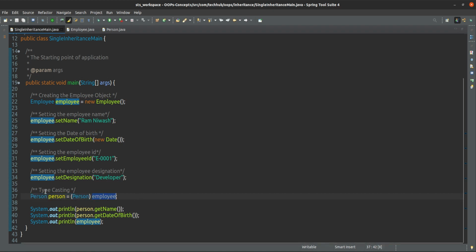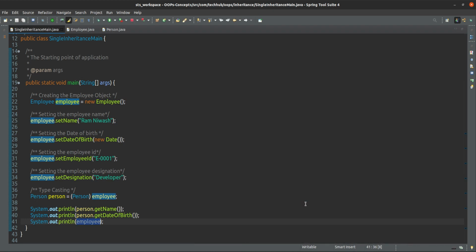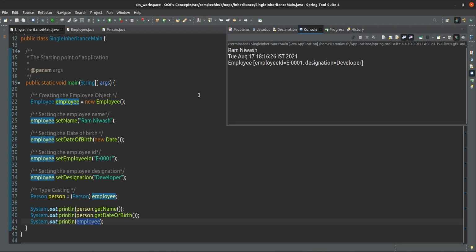From the employee we are just taking person only. From the person we are getting get name. We can do that because person has a get name field, and person has a date of birth field also. And employee we are printing as it is. If I run this code, you will observe the output. The name we set is Ram Nivas, and the same we are getting here.